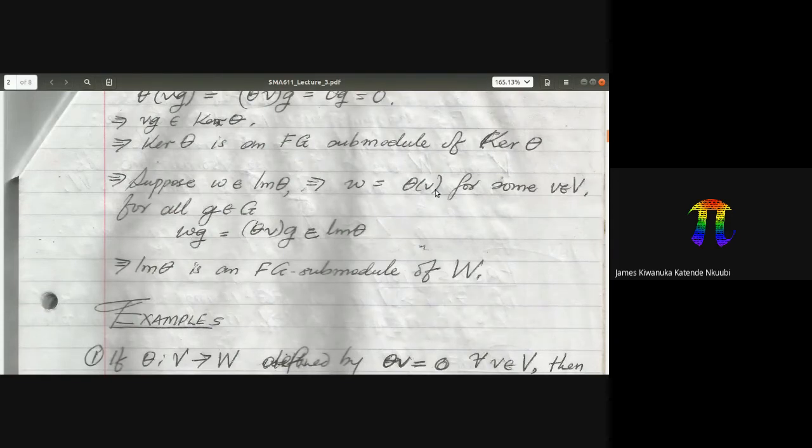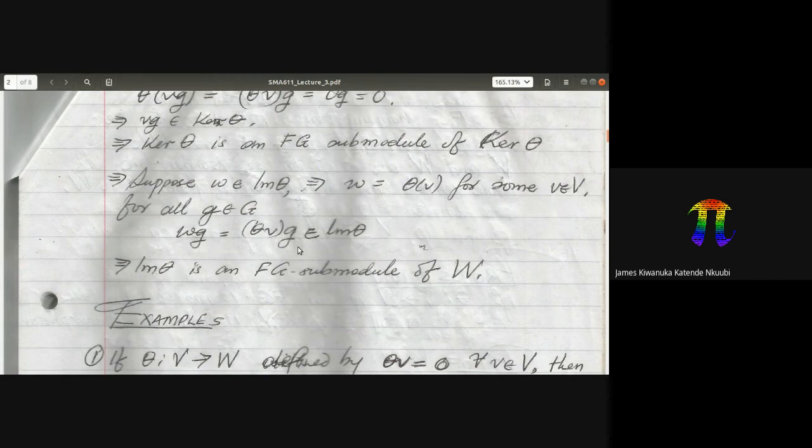I think this also again is self-explanatory. If W is in the image of theta, it means there must be some element in V which is mapped onto W. And we can check this multiplication. Wg can be written as theta V g. And theta V is definitely a vector in